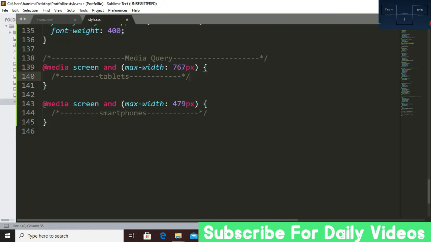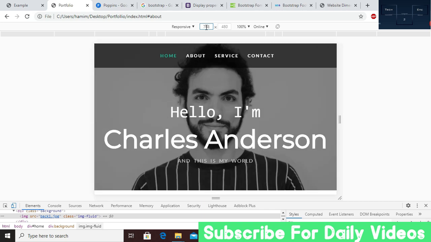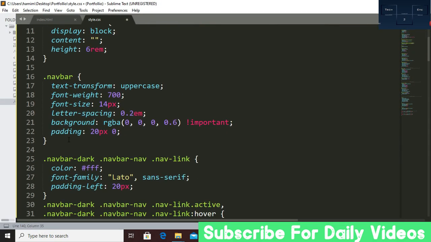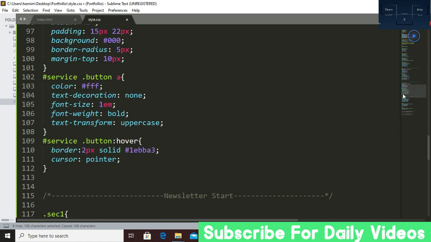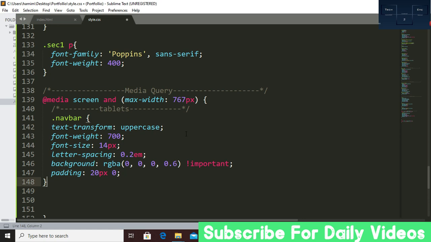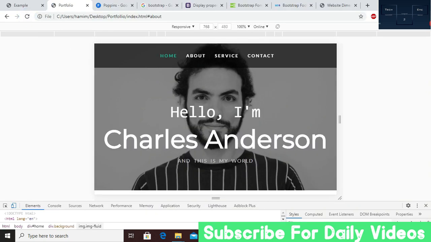So first let's see 760, yeah, this is our, yeah. Now you can see that our navbar is looking so awkward because it is too big, so that's why we have to decrease the padding from top and bottom. So I copy the navbar classes, and first we have to decrease the size. It will be 0.1, and we don't need these other codes, so then it will be 10 just. Yeah, that's it. Now if we refresh,